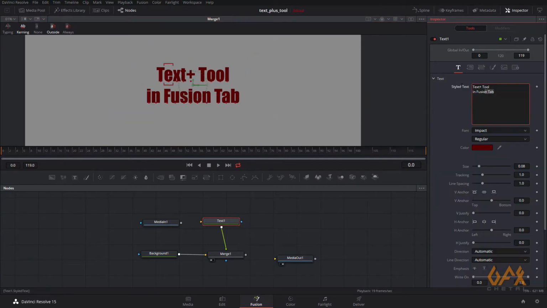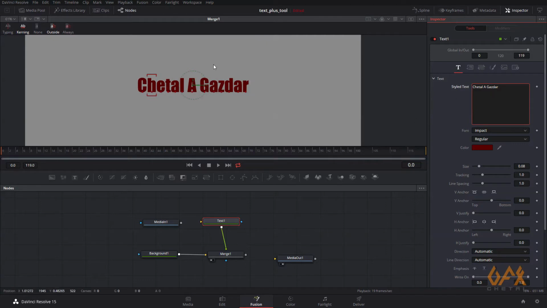So for that I write my name, that is Chetan Kazdar. Okay, but instead of applying space, I apply tab. Like here, apply tab.